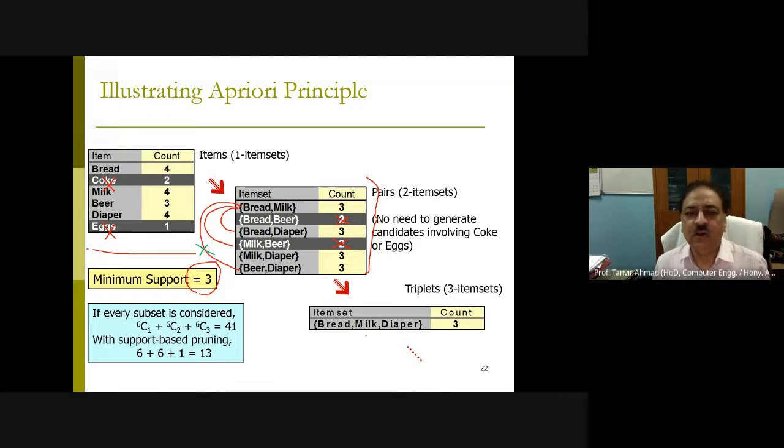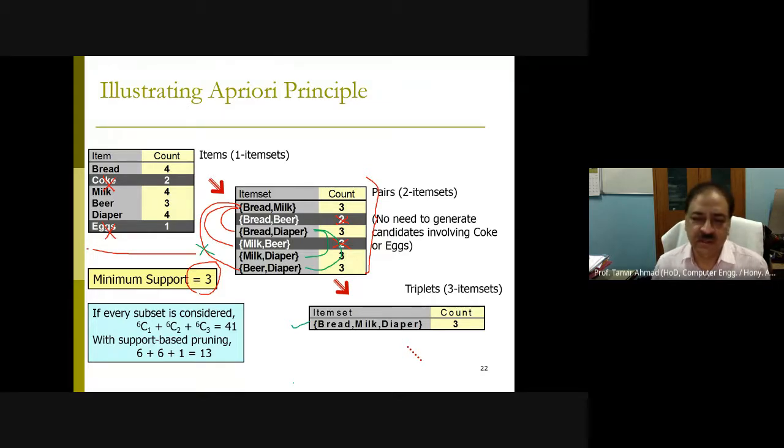Then again, you are going to combine this beer diaper with milk diaper, and bread diaper with beer diaper. When you combine bread diaper with milk diaper, you again get bread milk diaper. This is already there. Then you again combine bread diaper with beer diaper. You will get bread beer diaper. Okay, and then you are going to combine milk diaper with beer diaper. You will get milk